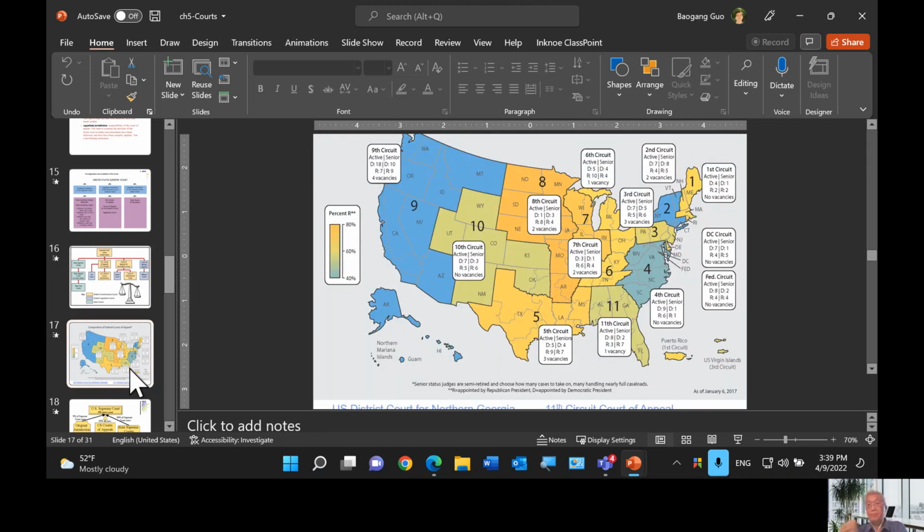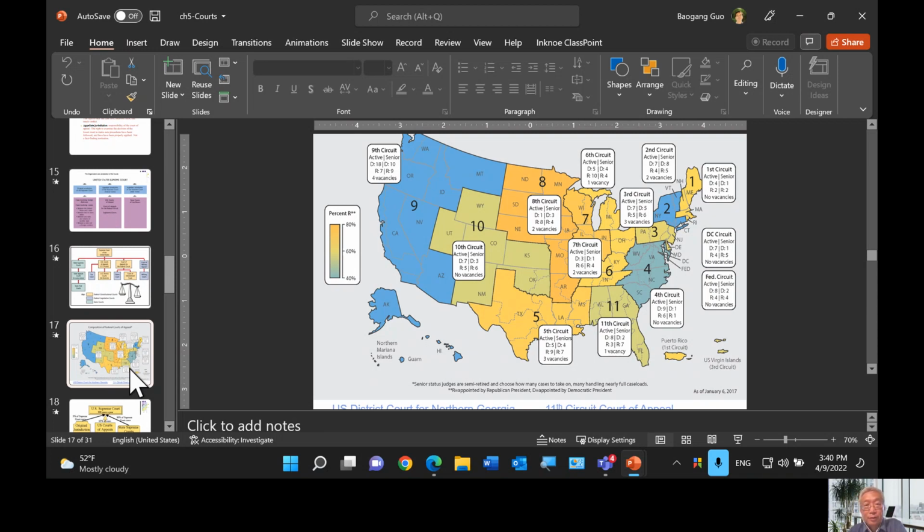Again, this map shows the boundary lines of various federal courts. The colors indicate the Federal Court of Appeals boundary lines. As you can see, Georgia, Florida, and Alabama belong to the 11th Court of Appeals. Sometimes we also call it the Circuit Court.